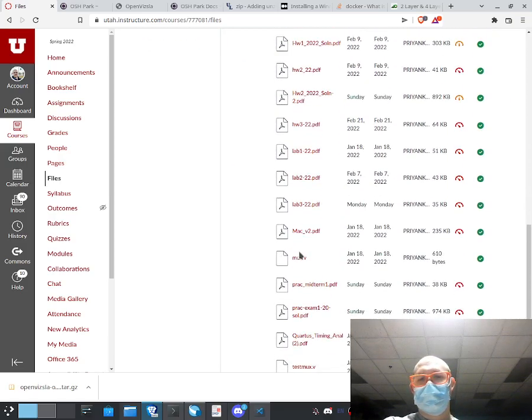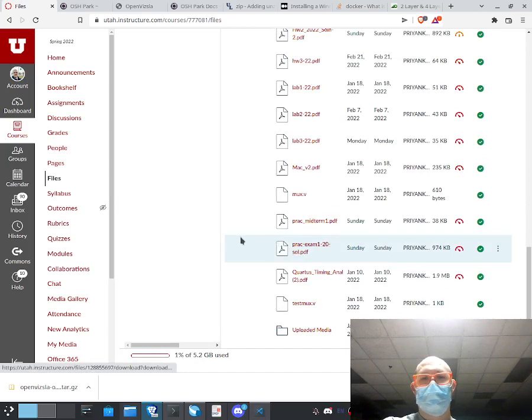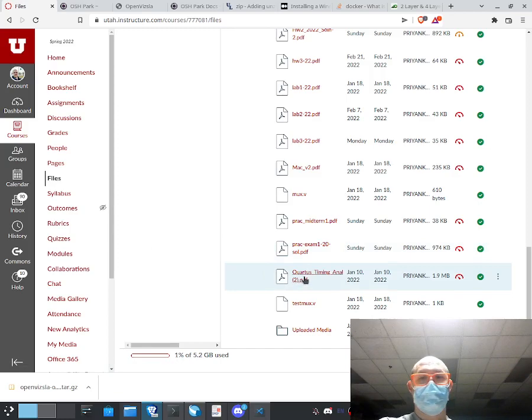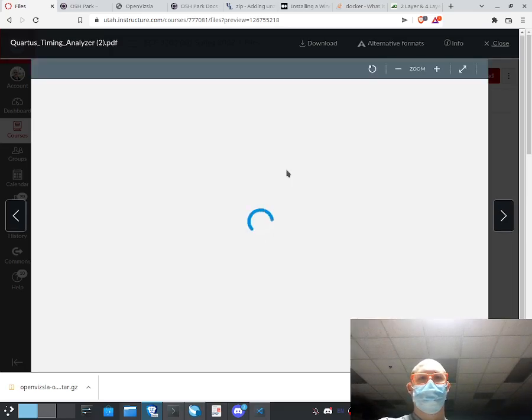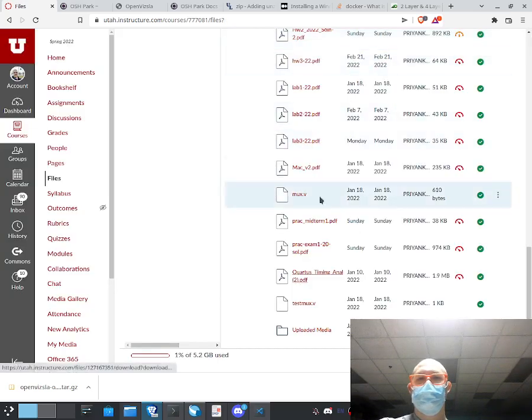Couple other things. I've been getting a lot of questions about how to do the timing analysis that's required of every lab. You can actually find the walkthrough on how to do that under the Files tab right here, Quartus Timing Analyzer, and that'll guide you through getting exactly what they want. So that's pretty straightforward, not too difficult. Not loading on mine because I have to download it, but it's right there. You can download it or open it up, and that'll guide you through how to get all the timing analysis